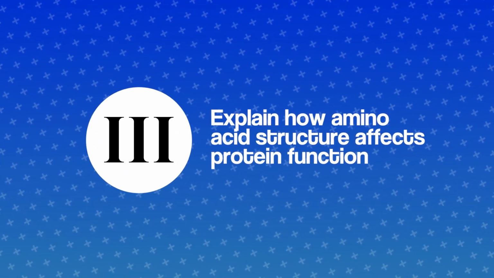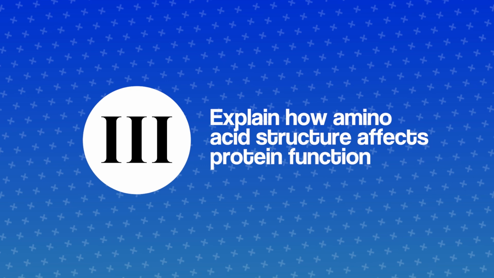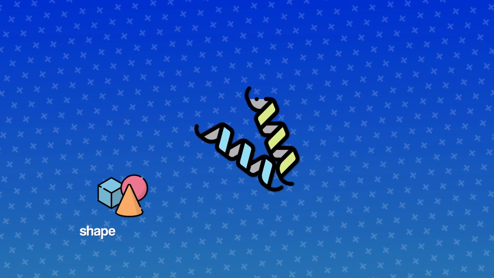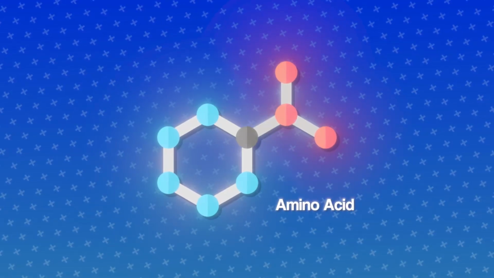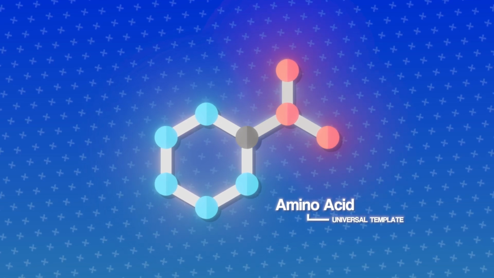And lastly, you'll be able to explain how amino acid structure affects protein function. You'll understand how the shape, charge, and polarity of amino acids influence how proteins fold, how they work, and why they're so important in keeping your body running smoothly. After watching, you won't just know amino acids. You'll be able to confidently talk about them and see how they bring proteins to action. Let's get started. Every amino acid has the same basic skeleton, kind of like a universal template, and it all